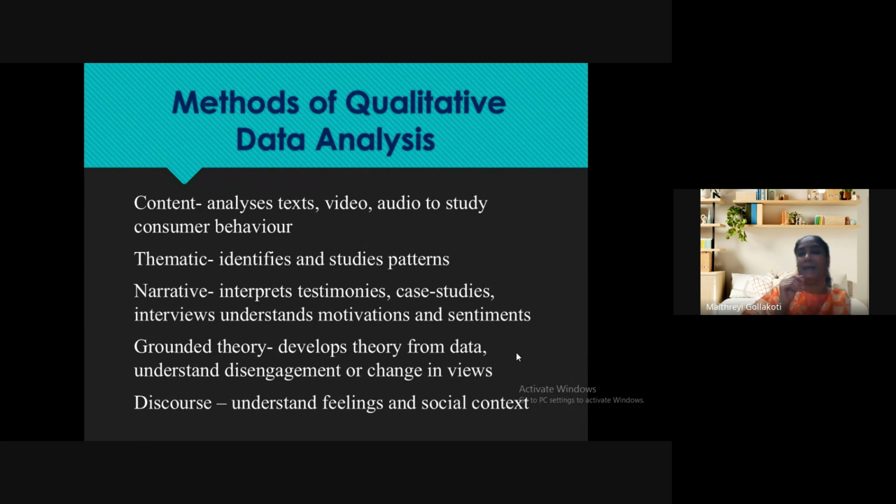Next is thematic analysis. Thematic analysis means you are not taking content into consideration. You are taking all the responses into consideration and you are taking only the theme. From all the reviews, you're trying to pick only one aspect. How many people are buying this? And how are they changing their opinion about the product? Is it based on time? Is it based on performance? Or is it based on any other aspect? So we are trying to identify the common theme from all the reviews.